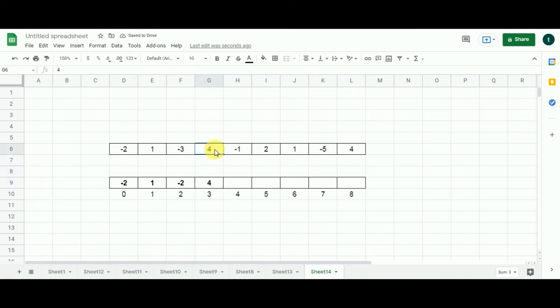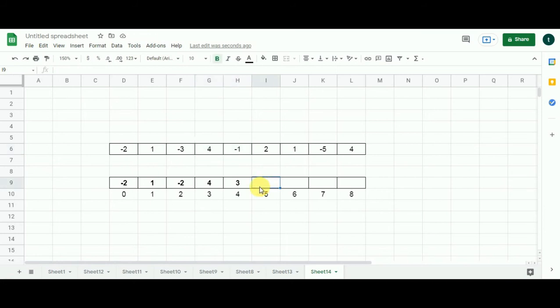And this also means that a new subarray begins from here. Let's move to this cell. So what will be the summation of 4 and -1? It will be 3. So 3 and -1, which one is greater? 3 obviously. So let me populate 3 over here. That also means that the previous subarray continues.